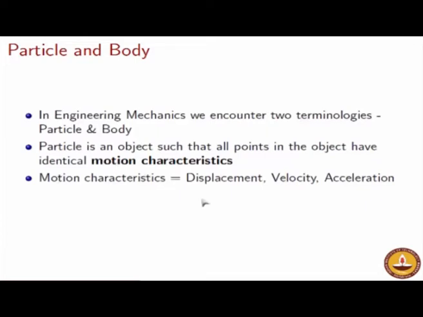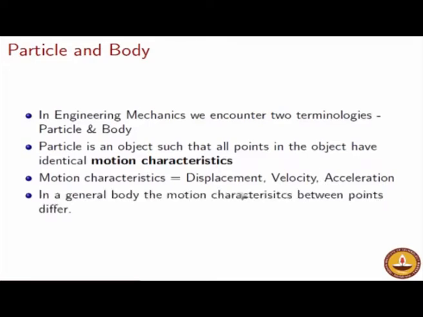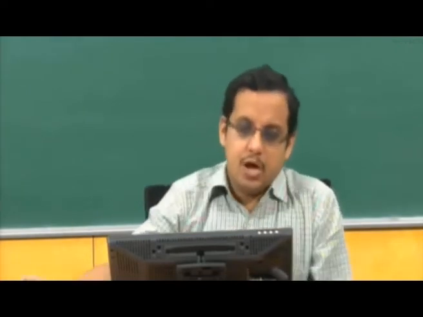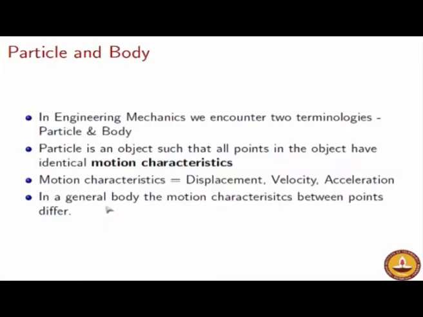So as I said, the motion characteristics, that word in bold that I have stressed, actually means the displacement, velocity and acceleration at each instant of time. So this is in sharp contrast to what we refer to as a body. So the same body this time, if it has a motion something of this kind, then as we will show through some of my animations which have already been posted to you, we will see that the motion characteristics is completely different for different points. It is not true that all points share the same motion characteristics.